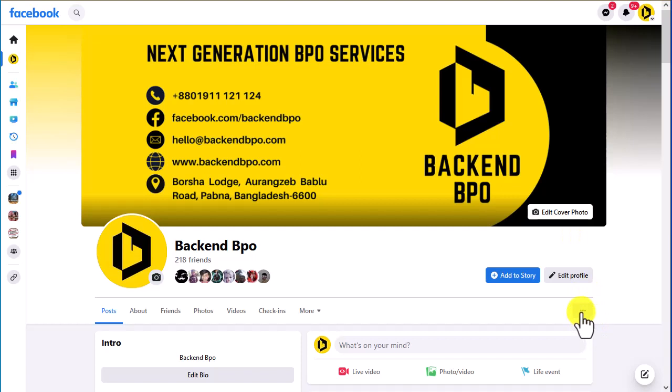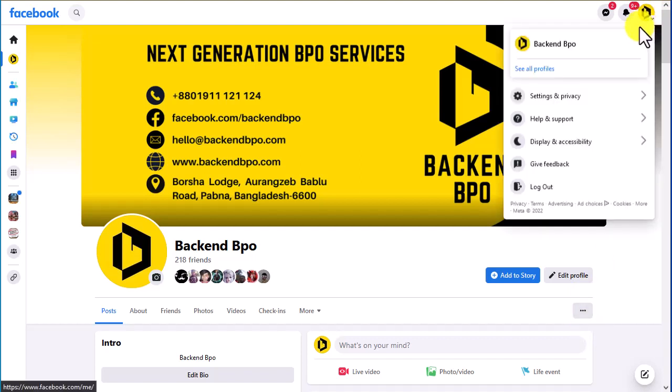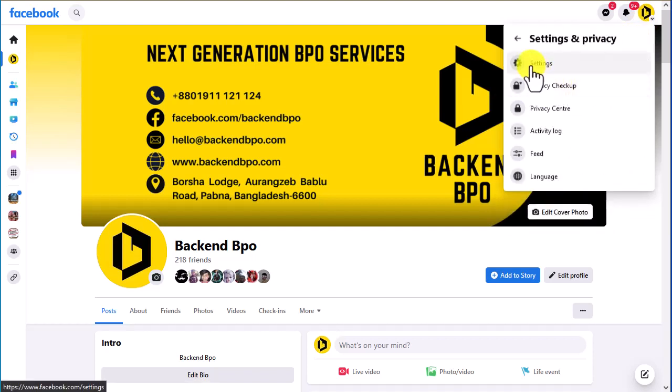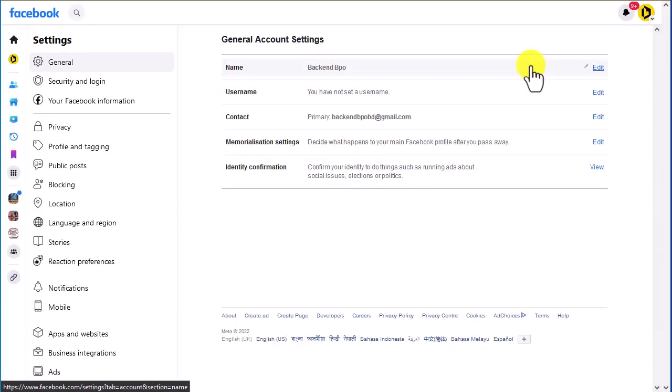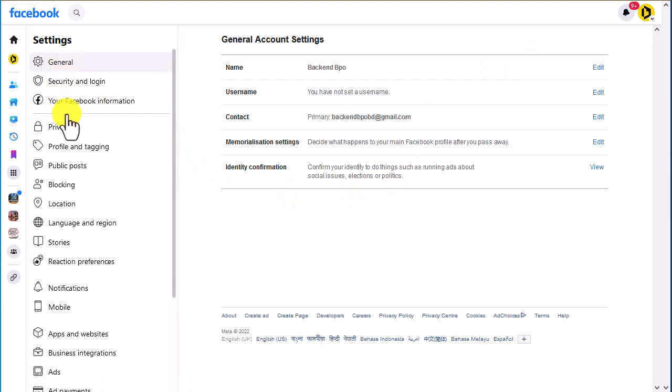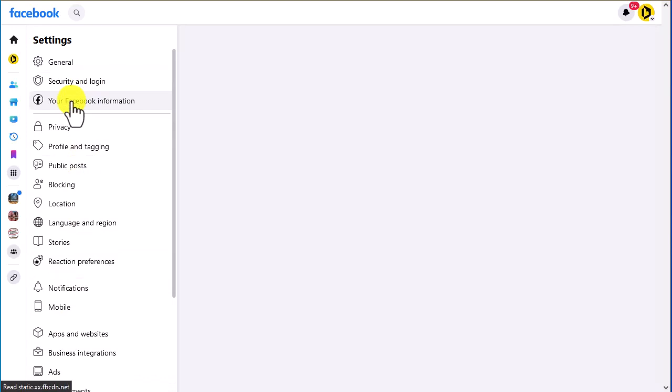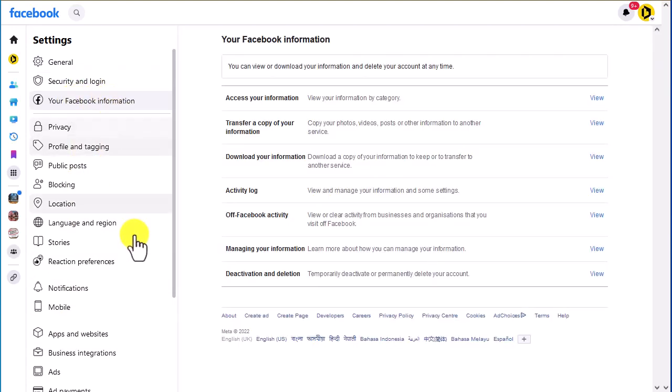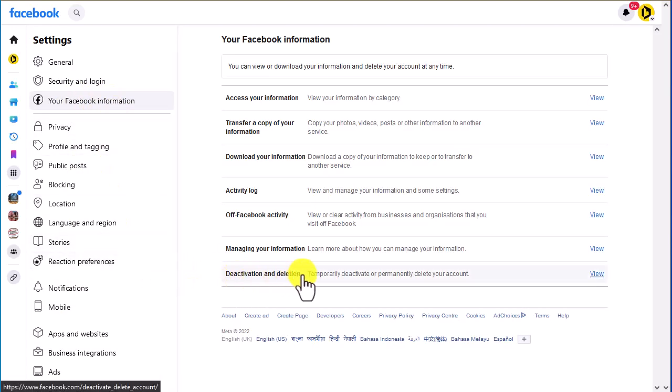To delete this account, click on the profile icon on the top right corner. Select Settings and Privacy. Click on Settings. Then you will find Account Setting option. From the left menu, click on Your Facebook Information. Here at the bottom you will find Deactivation and Deletion. Click on that